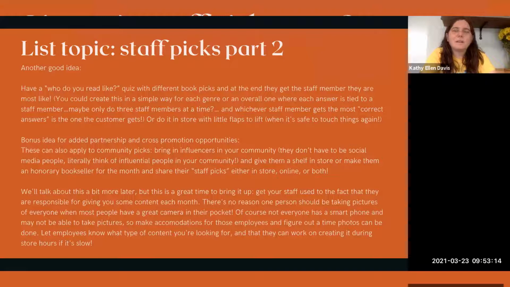And I love that they have a little section of their influential people in their community who pick books that they love. One more thing that we're going to talk a little bit more about later, but this is a great time to bring it up and get the idea in your head. I want you to get your staff used to the fact that they are responsible for giving you some content each month. There's no reason one person should be taking pictures of everyone when most people have a good camera